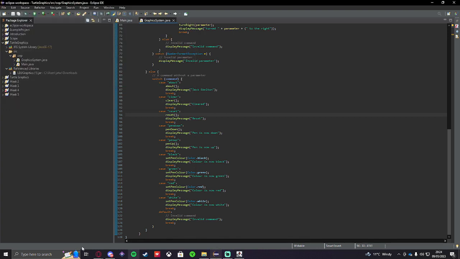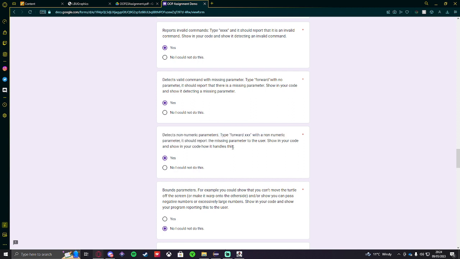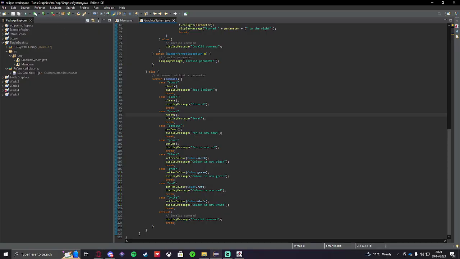If we then go back, we can see it talks about the parameter being non-numeric, which of course wouldn't happen because it needs to be numeric to then see how far forward it can go. And so if we go back into Eclipse and run it,